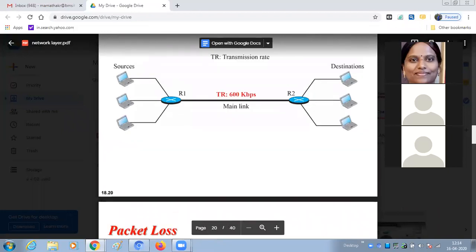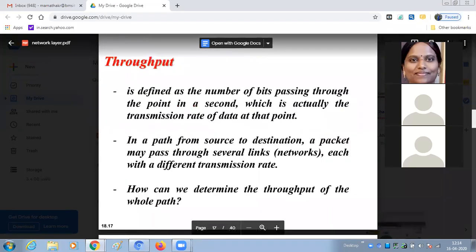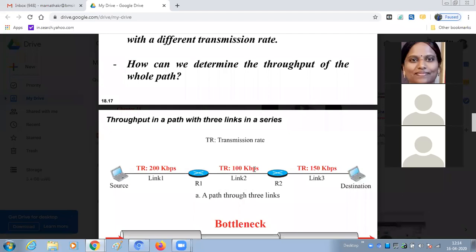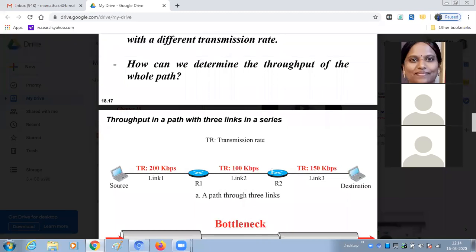It is not written here. Please write down how you define the throughput of a network. In this case, 100 kilobits per second is the throughput because it is the minimum. If I have TR1, TR2, TR3, the minimum of TR1, TR2, TR3 is given by the throughput.